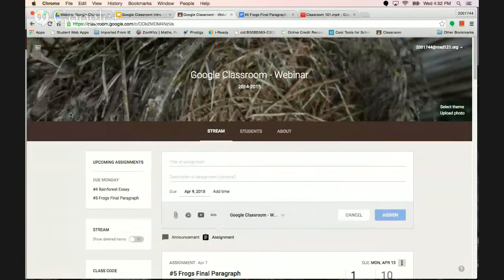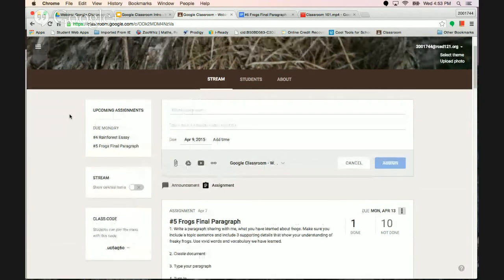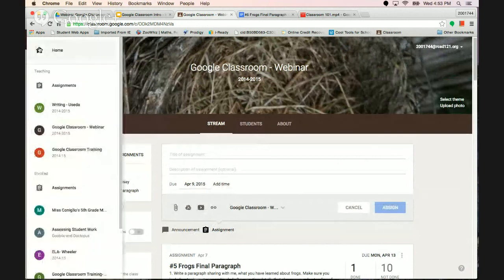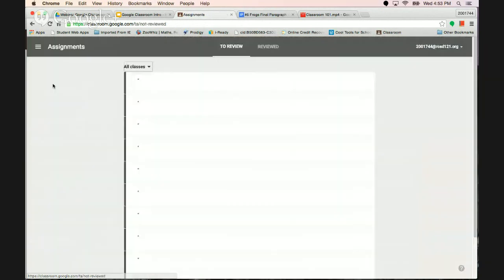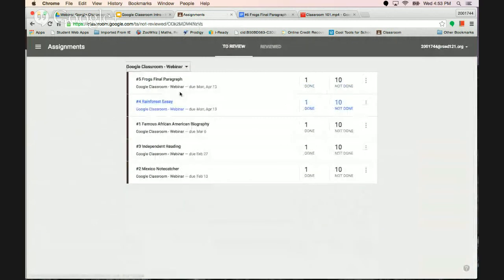If I come out here, the student would then be able to open that and view the comments and work on it. One last feature of the teacher view is when I click on those hot dogs, again, that classroom menu in the upper left, I can see there is an assignments for the classes I'm teaching. And this is a lot with all my classes. I'm just going to show one class. And I can see that I still have to review something in here.